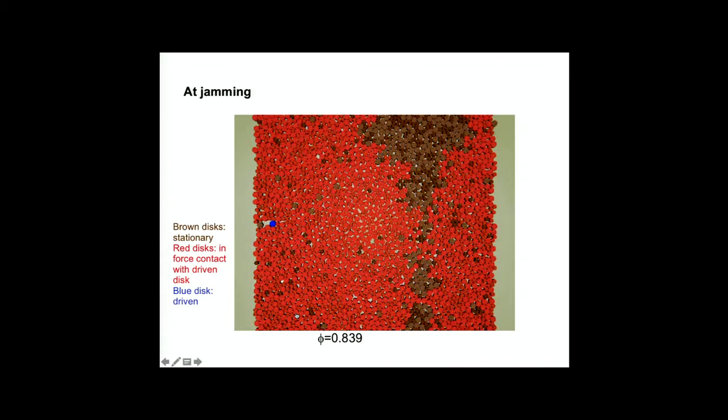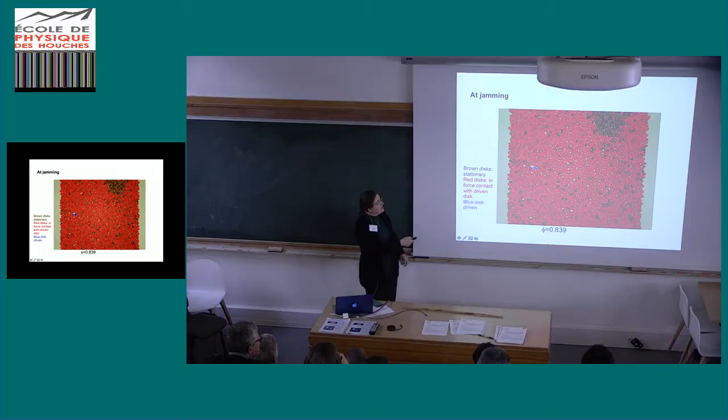You'll also notice this disc is having a lot of trouble getting through the packing. It's no longer leaving a trail because the only way for it to make forward progress is it has to find enough discs that can kind of rotate out of the way, and so that some disc has to fill in behind it. And so of course eventually it's unable to do that. It reaches a point where there just isn't a rotation that can occur, and then it will stop moving.